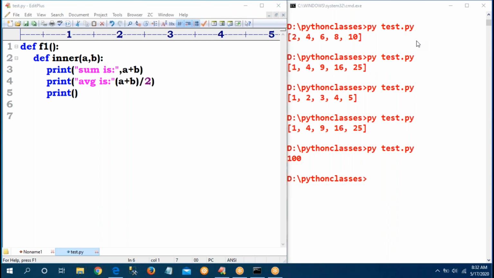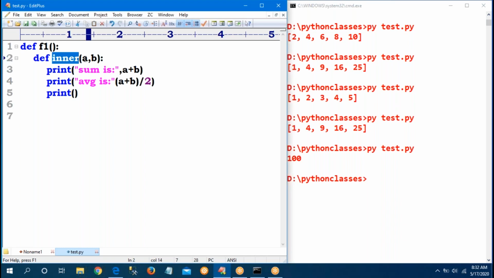Actual arguments are again four: positional, keyword, variable length, default. So four types are available there. Now please respond.